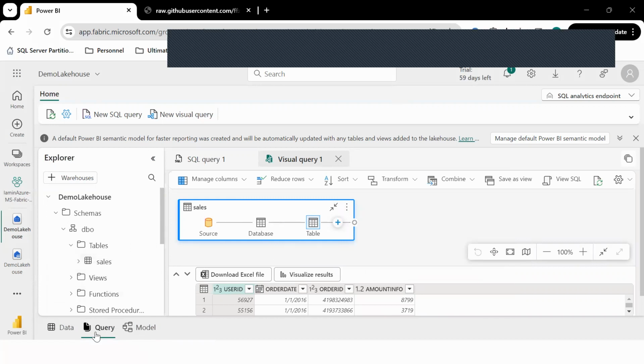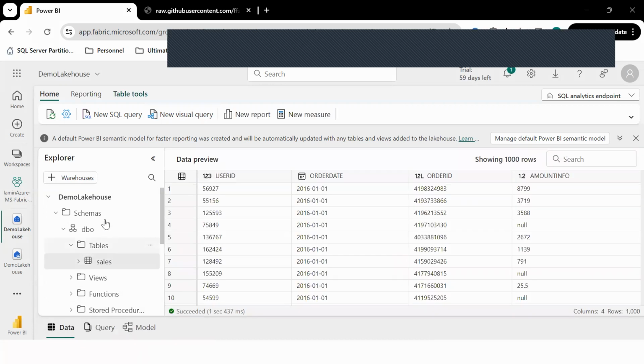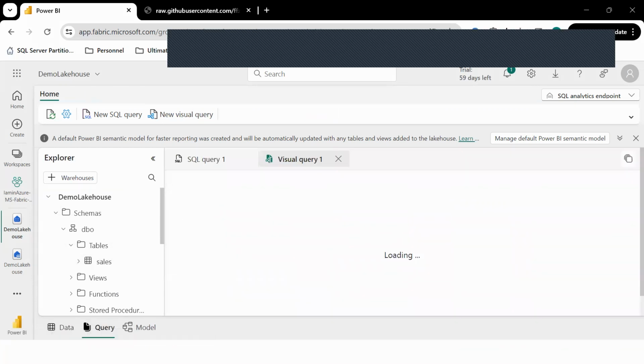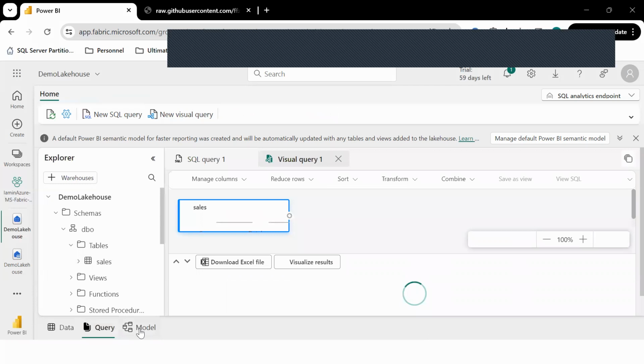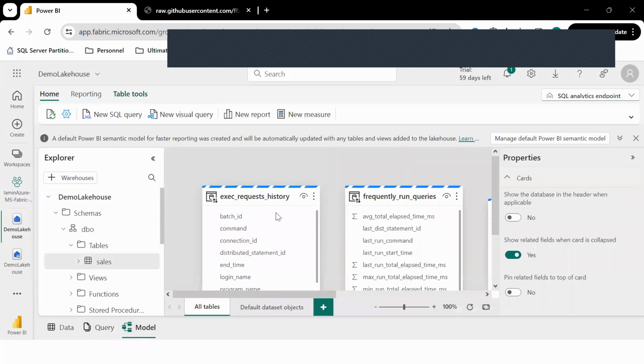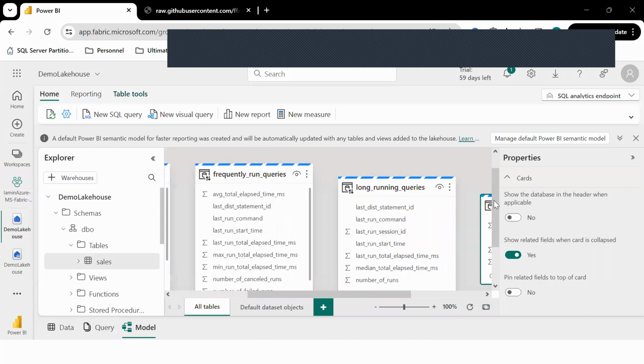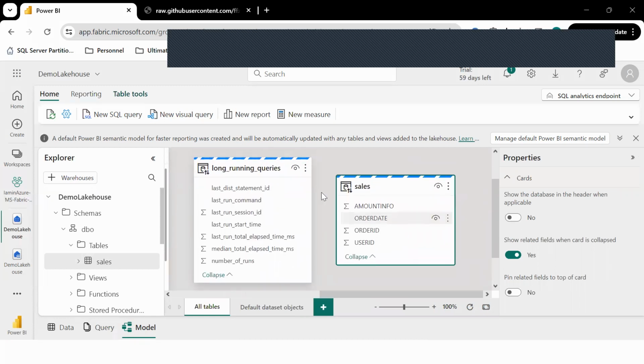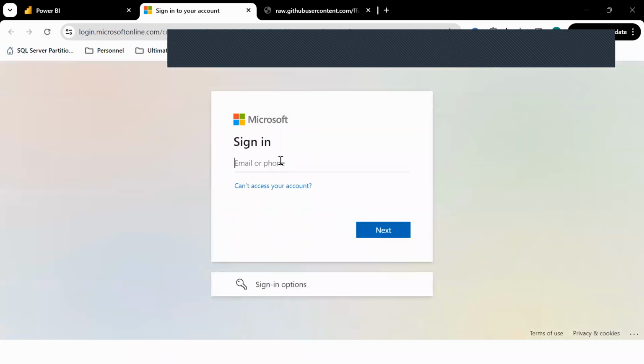But the interesting point is you can see something called data over here, where you will see the data. You have query where you can write your queries, and there is something called model where you will be able to see your model, like what all the columns you have, and then how you can use this schema in your Power BI report. If you want a sample report, you can just go to the reporting tab at the top, create a new report. This will take you to your Power BI reporting instance, and then you can use the same one,